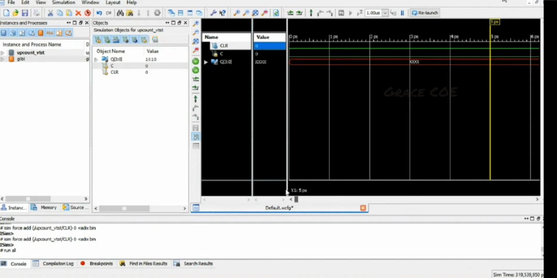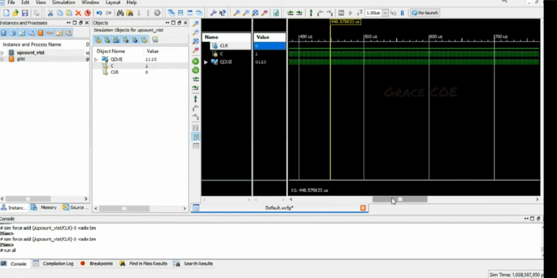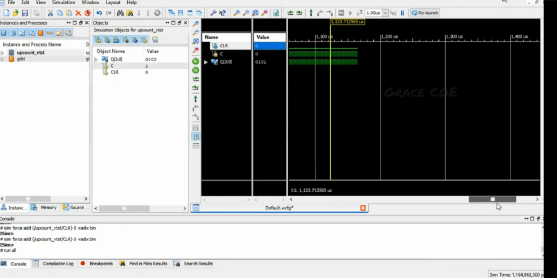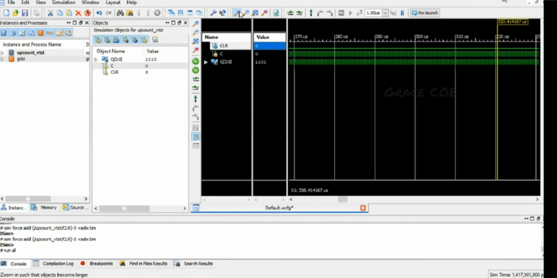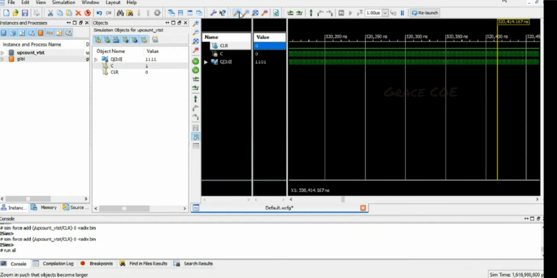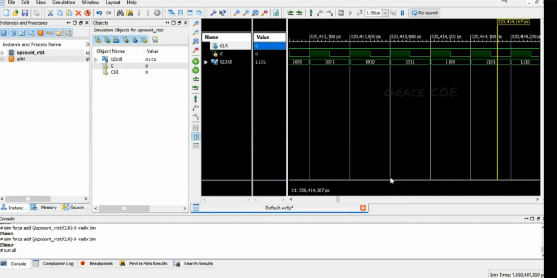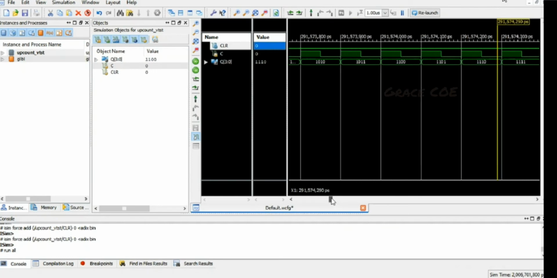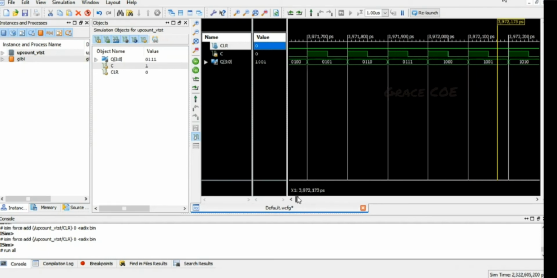So you can see the value is being counted from 0 to 1, that is 0000 to 1111. So you can see the full view of it. Just zoom in and see. Okay, so you can see now the counter is counting in the upward direction.